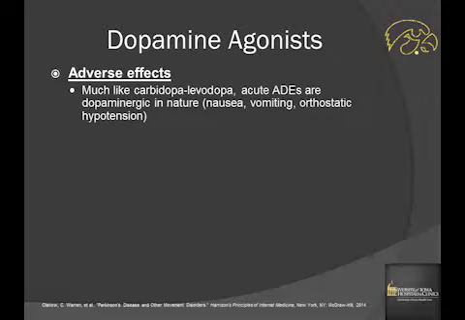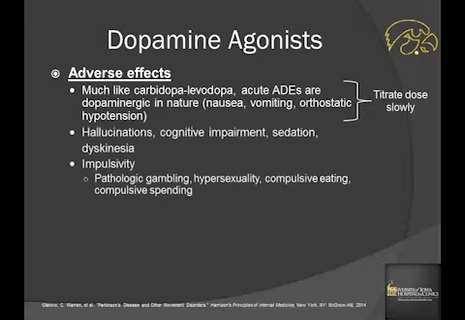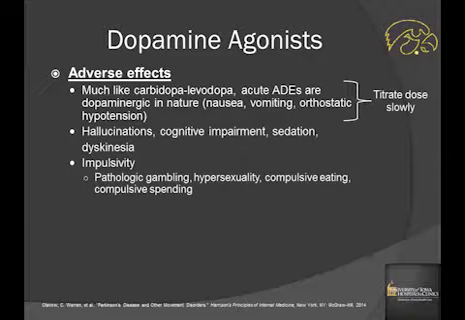So the adverse effect profile of the dopamine agonists is almost identical to carbidopa-levodopa. The acute adverse effects are dopaminergic in nature, and these generally consist of nausea, vomiting, orthostatic hypotension. And as I mentioned there, if we titrate the dose slowly and we start at a very low dose, these things can often be avoided. Some of the more severe side effects, again, these are not unique to the dopamine agonists, but very similar to carbidopa-levodopa, are things like hallucinations, cognitive impairment, sedation, dyskinesias. Unfortunately, the dopamine agonists are not devoid of dyskinesias. And one unique side effect of the dopamine agonists that we do not necessarily see with carbidopa-levodopa is this increased